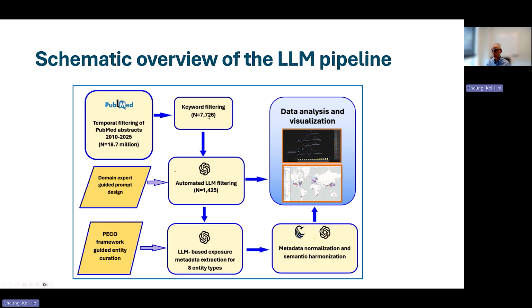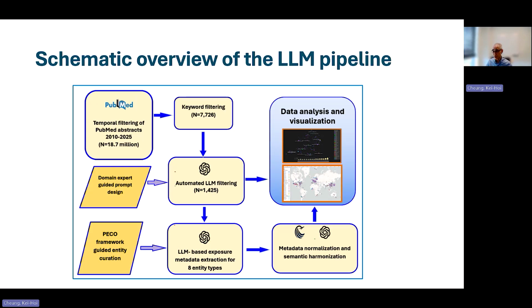We do a keyword search for PFAS and drinking water, so we boil down to 7,700 articles. And then we use an LLM to check these over 7,000 articles to make sure we are only using those that are related to PFAS exposure in drinking water. After that, we get it down to 1,425 articles.